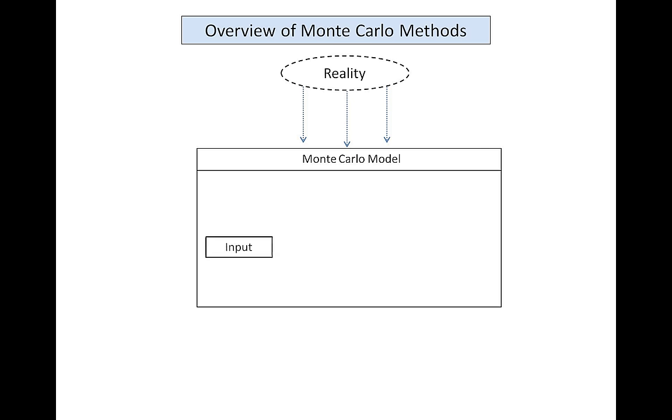What each Monte Carlo model will have is inputs. So we'll have some bits of information that we have from reality that will be the starting points of the model. The model will also have a system, or a way that the inputs are taken and they react with each other to create something. That's really the heart of your model. What a Monte Carlo model does is it takes the inputs and it integrates them through the system. Then we will get outputs as a result of taking the inputs and running them through the system.